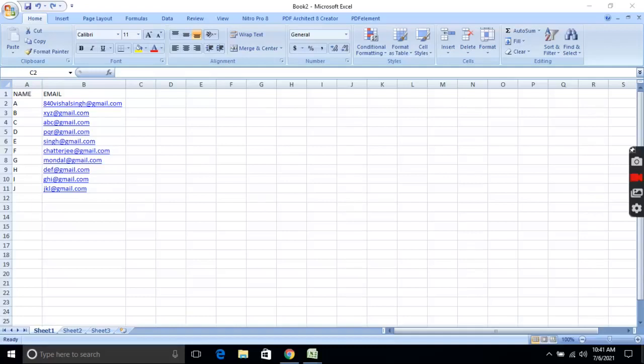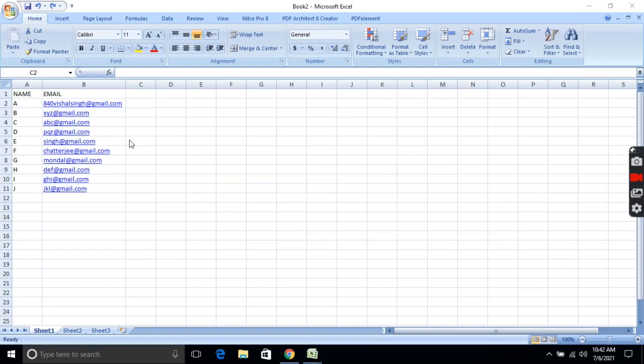Today we will learn how to restrict some participants in our Google Forms. For that, first we need to create the email ID list of all those participants. You can see that here I have created one column for name and one column for email ID. You can also create the same. I think all of you have the email ID list of all your participants.